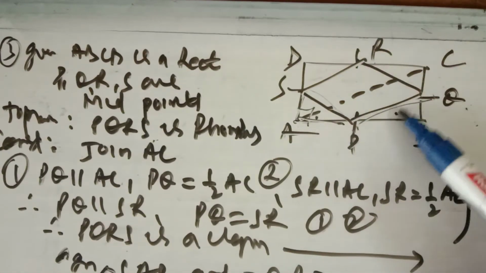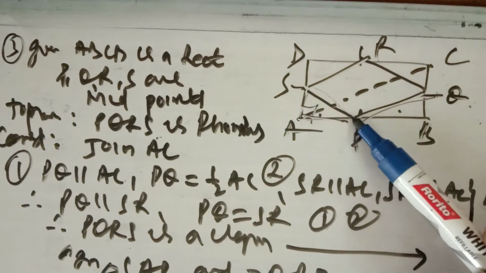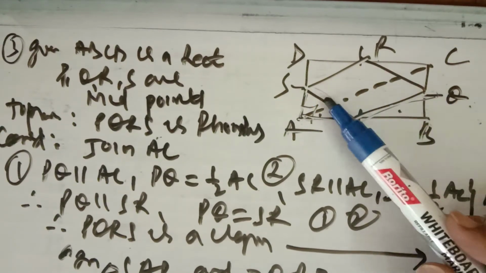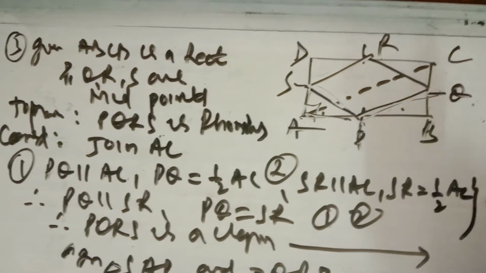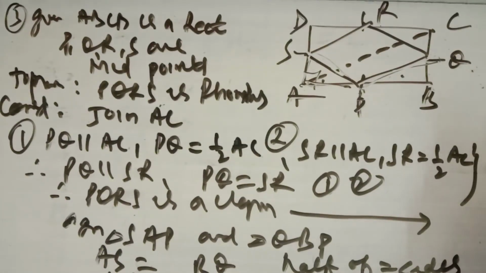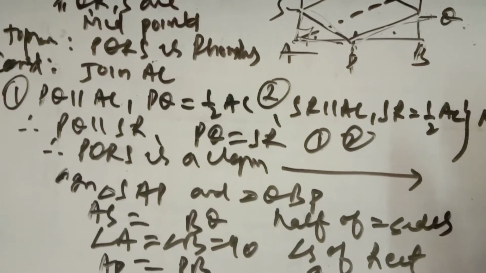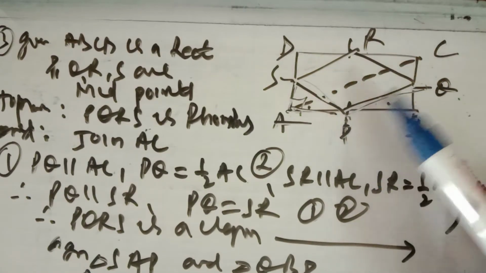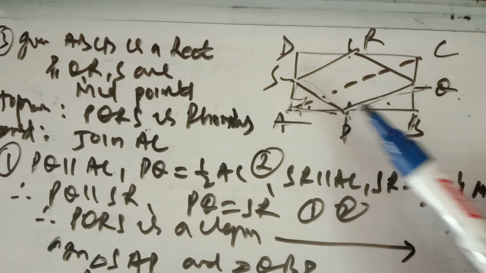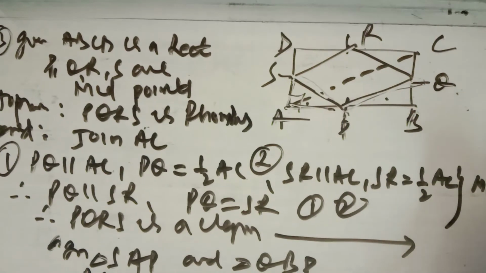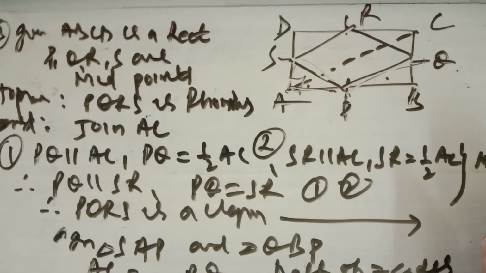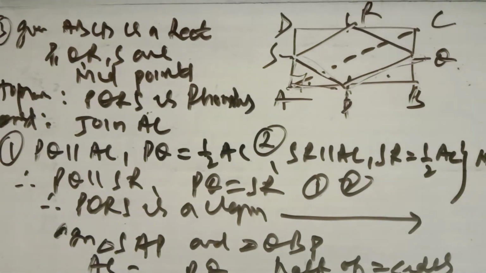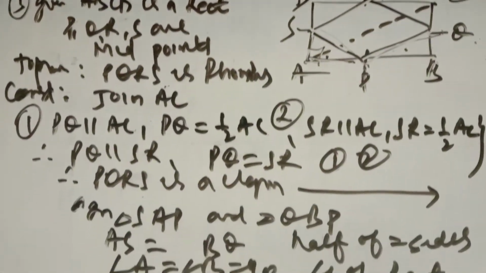We have proved that this PQRS is a parallelogram. Then I proved that SP is equal to PQ. They are consecutive sides of the parallelogram which are equal. So I can say that it is a rhombus, because a parallelogram is a rhombus if its consecutive sides are equal. So as usual, we proved that PQRS is a parallelogram. Then I proved that PQ is equal to SP, which are consecutive sides of the parallelogram. So therefore it is a rhombus. So it is just the opposite of question number 2.